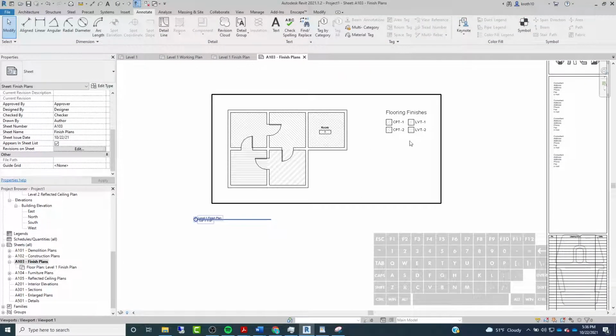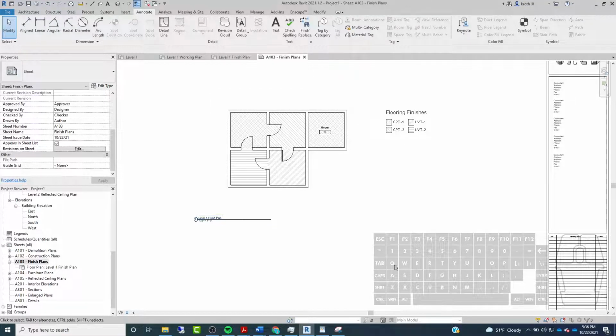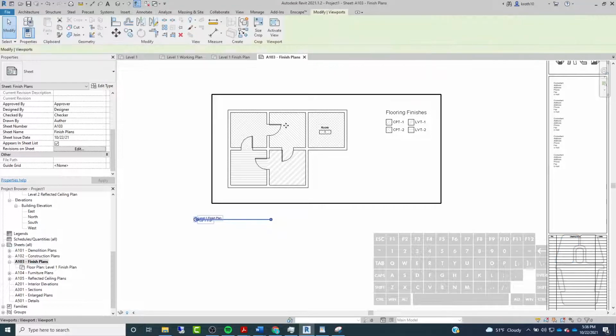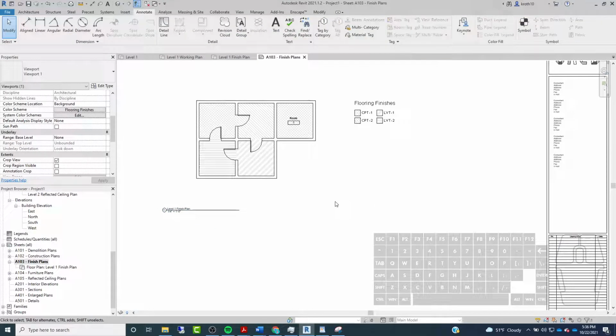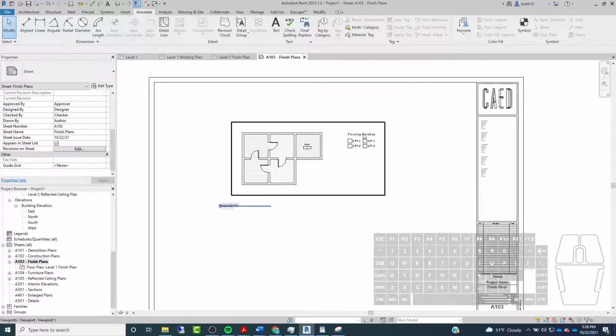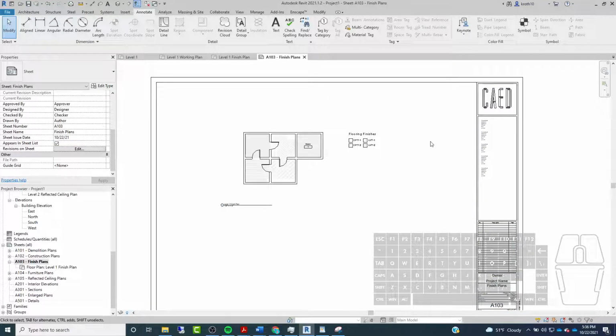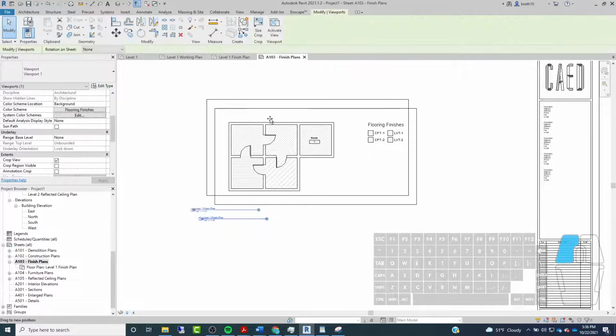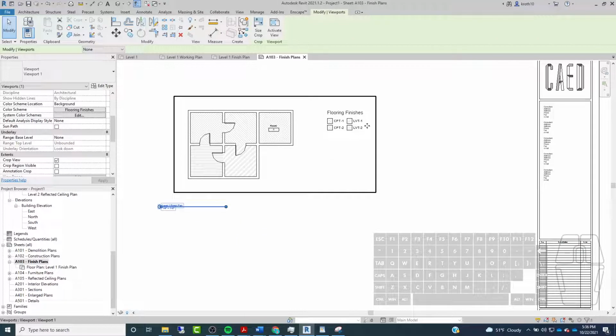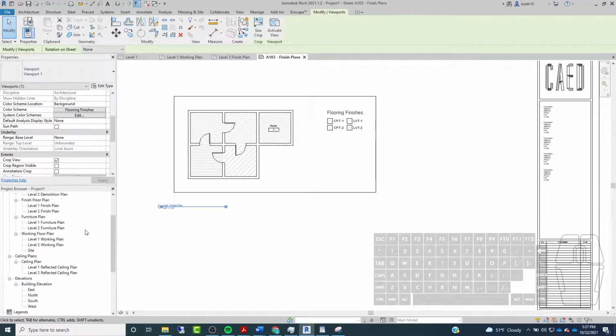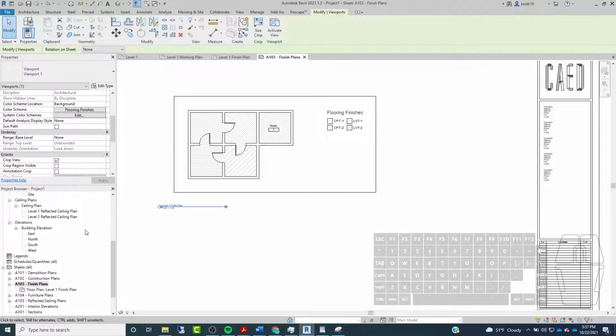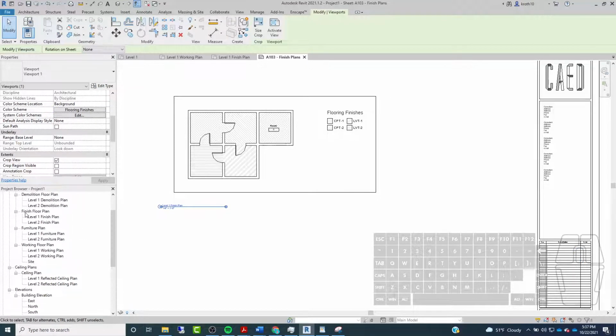Now, as you can see, the actual legend is within the viewport and it's not actually on the sheet, so it's tied to the view. But let's say we wanted to separate those so that the legend could be anywhere on this sheet instead of having to move around with the drawing. I want to isolate this to make it its own thing. All right, so what I'm going to do to make that work is go back to my